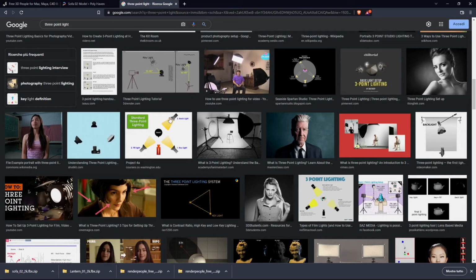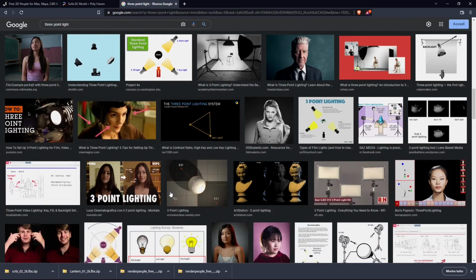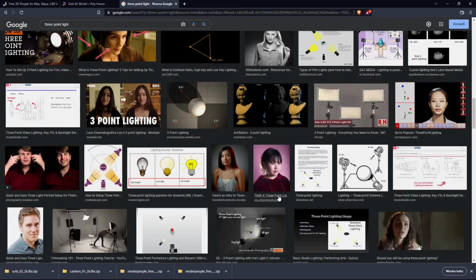So key light and fill light usually are on the front, and the backlight usually comes from the back and detaches the subject from the background with that silhouette or rim. You can see there it's pretty visible. It's in red color. You can see the effect of that backlight. So it's gonna give that three-dimensional look to your subject. It's gonna make it look really realistic and more accurate and complex than just the simple